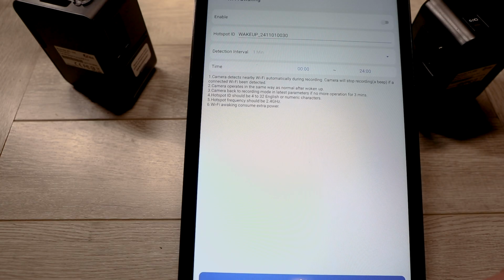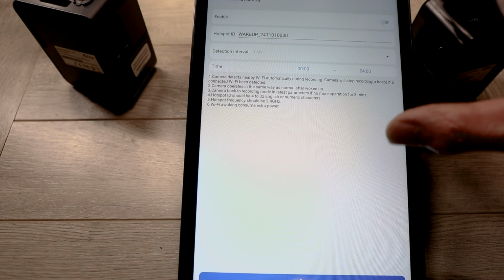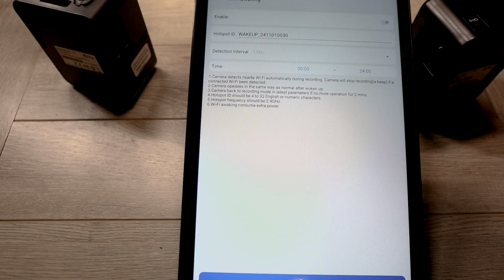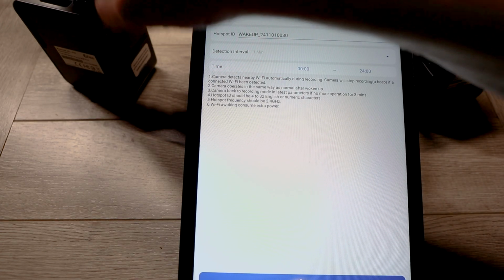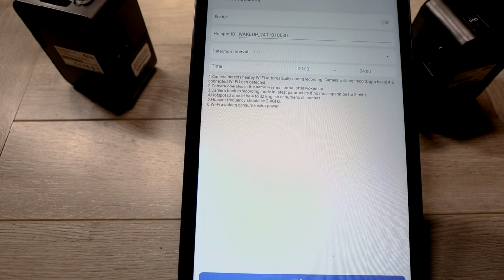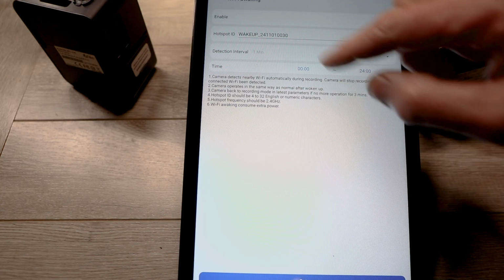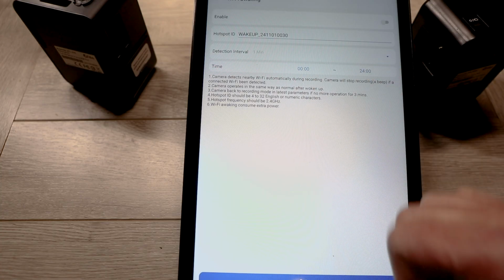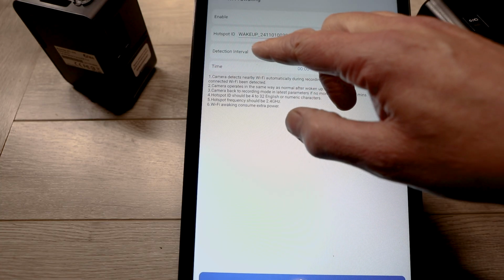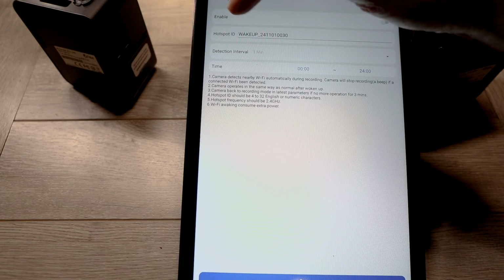Wi-Fi awakening. There's a lot to go into this concept, but essentially you can connect to the camera within range with your phone without actually touching the camera and turning the camera on or manipulating the camera physically. How it's done is setting up a time every day. So say from 5 to 5:15, I could set it for once every minute, and I want the camera to